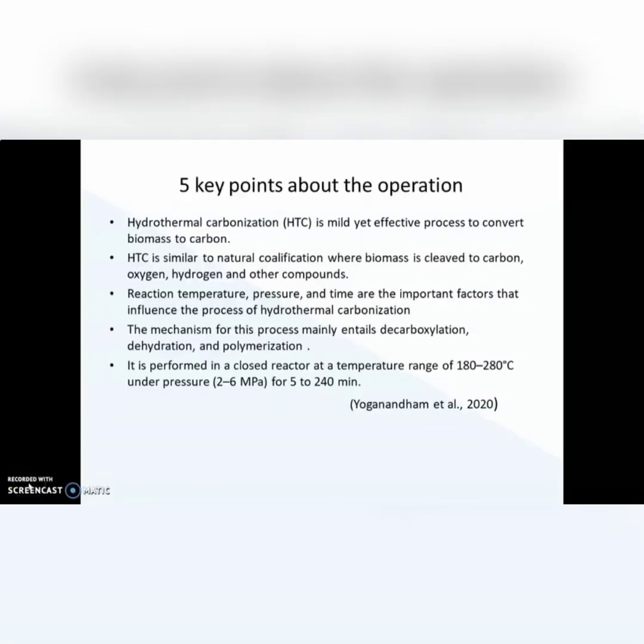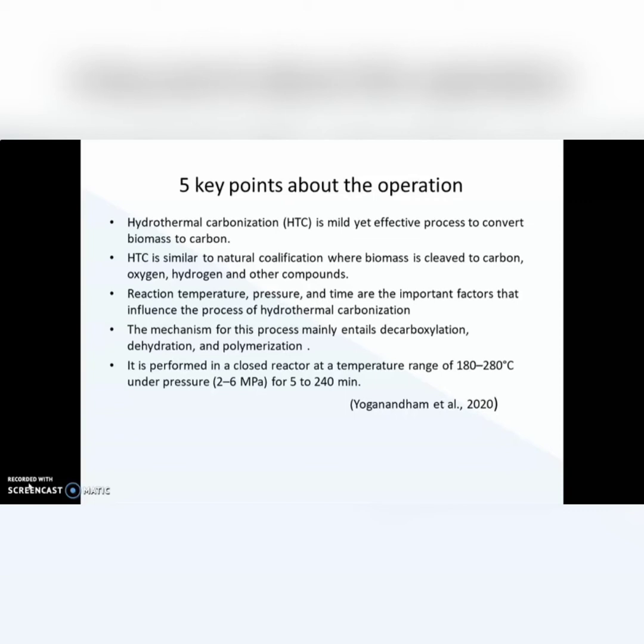The 5 key points about the operation. Hydrothermal carbonization is a thermochemical process for the pre-treatment of high moisture content biomass under hot compressed water. It is performed in a closed reactor at a temperature range of 180 to 250 degrees Celsius under pressure of 2 to 6 MPa for 5 to 240 minutes. The mechanism for this process mainly entails